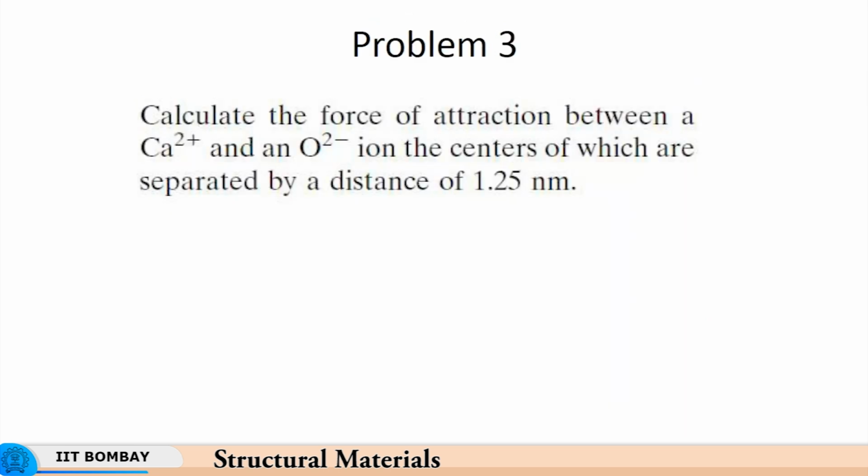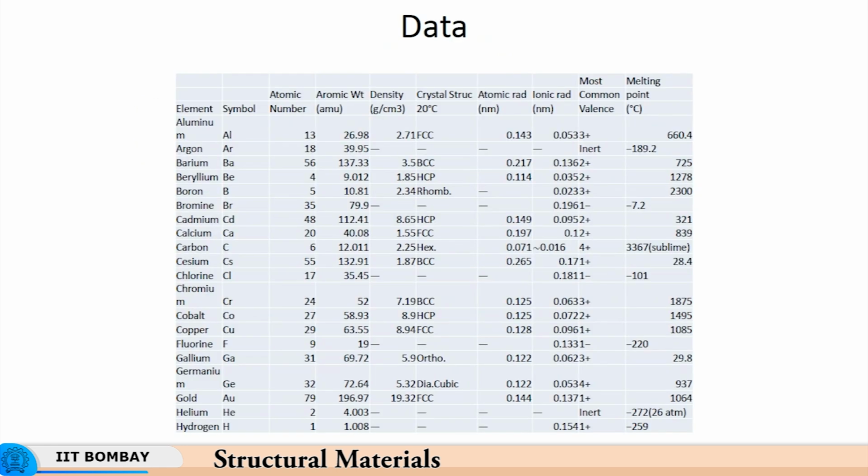So we have a follow-up problem here. Calculate the force of attraction between a Ca2+ and O2- ion, the centers of which are separated by a distance of 1.25 nanometers. Now these are two ions, Ca2+ and O2-. The centers are separated by a distance of 1.25 nanometers, and if you look at the ionic radii of calcium, for example, the ionic radius is 0.1